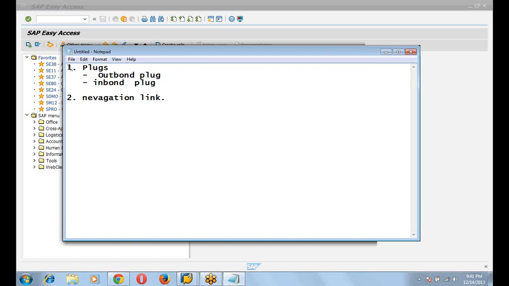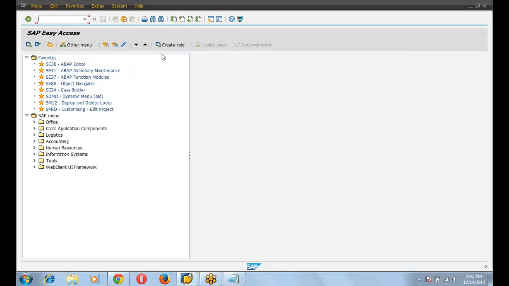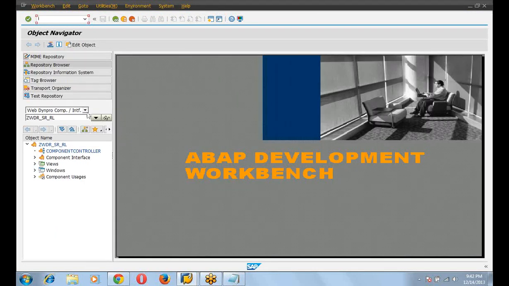These two things are required for moving from one view to another view. How to create the application? First, we go to SE80. From here, select WebDynpro Component and Interface. Then type your application name.